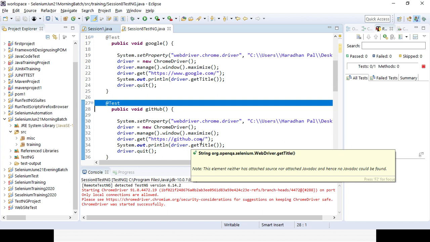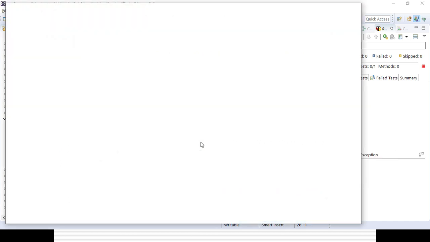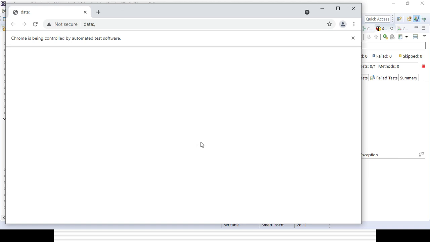You can see first your Chrome browser will open and then the GitHub URL will open here, right? It is opening. It will load your GitHub page and it will quit the browser. First GitHub is opened because of alphabetical order: G is the same, so there is no problem, but I is coming before O. So Google is GOO and GitHub is GI. That's why it will be executed first. Once the page is fully loaded, it will quit the browser.